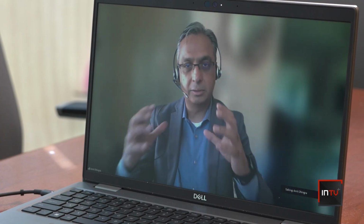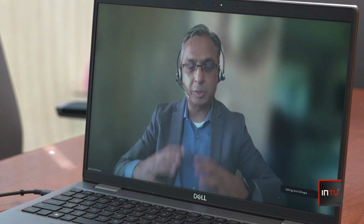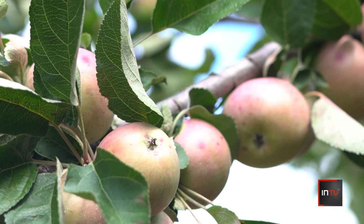A Texas A&M professor who is conducting trials on these new apple varieties told us he wants to see how they fare in the heat of Texas. But he also hopes this type of climate resilience can be replicated for other crops. Climate resilience has become the key word because it's not one or the other, it's all of the above. We want to create this crop that can resist diseases, but also if it's too cold or too hot, it